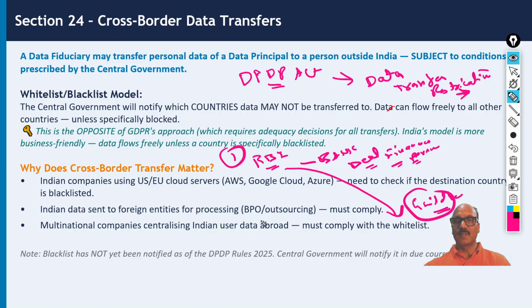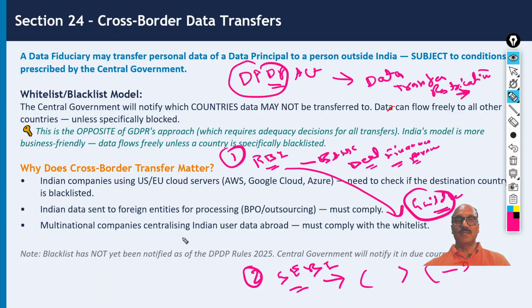Number one, RBI. Number two, SEBI, the Securities and Exchange Board of India, for equities and the share market. It is also a regulatory body and will have its own restrictions. The restrictions of this body are on top of the DPDP Act restrictions. So in other words, if the restrictions of the DPDP are the floors of a building, the restrictions of the regulatory bodies are like ceilings.